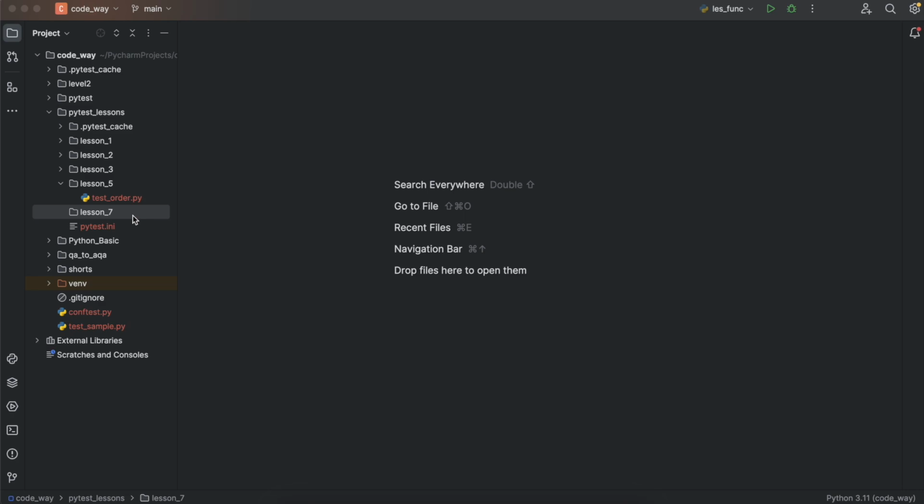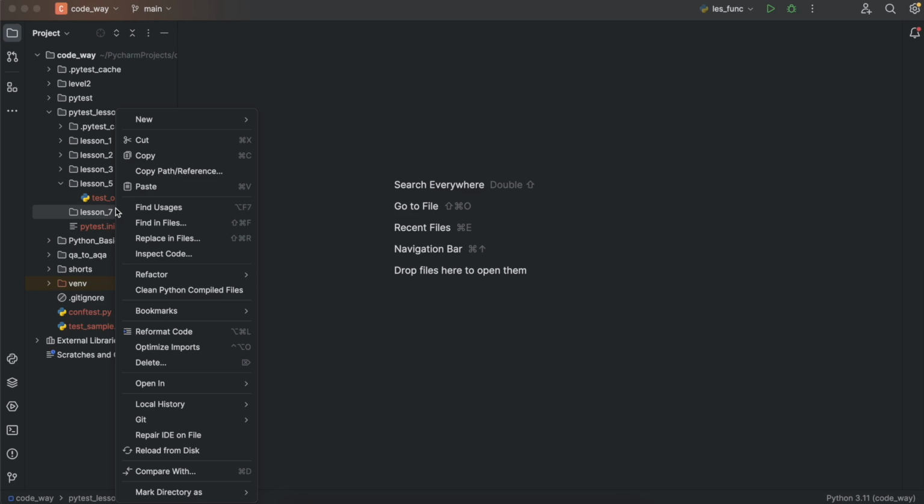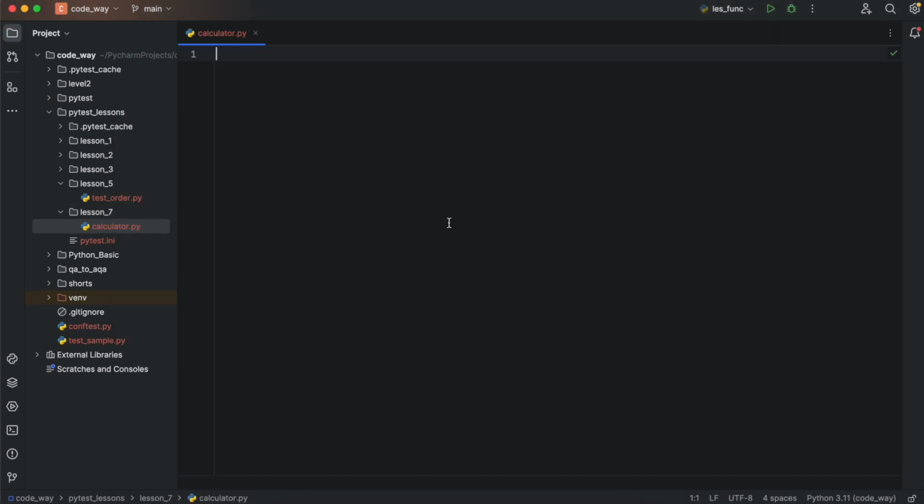Hello, today we are going to delve into parameterization for our test. It's essential when we want to apply multiple test sets to a single test. Let's write a function that will add two numbers,